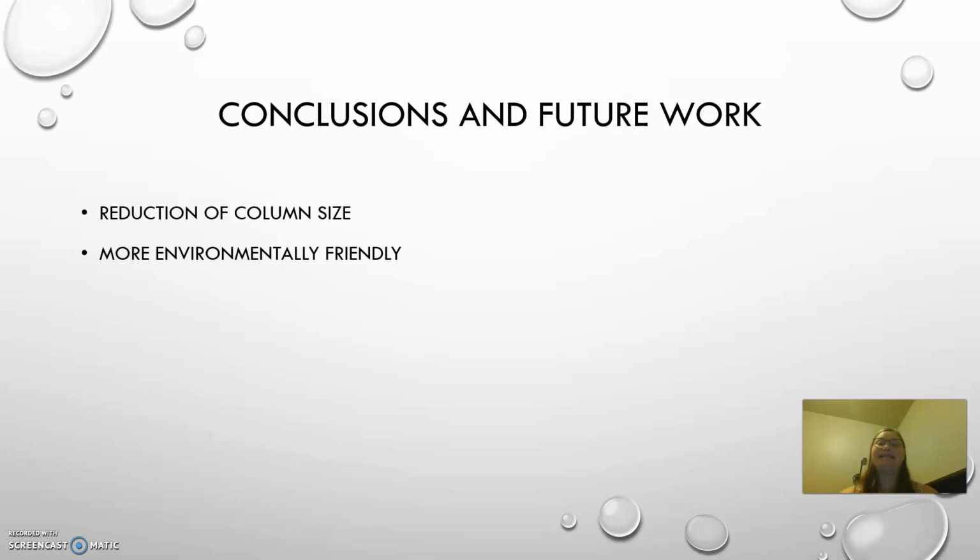They're not very green. If we reduce the column size and we're able to maintain the same resolution and separation factor, then we will be able to have more environmentally friendly and more sustainable work using this.